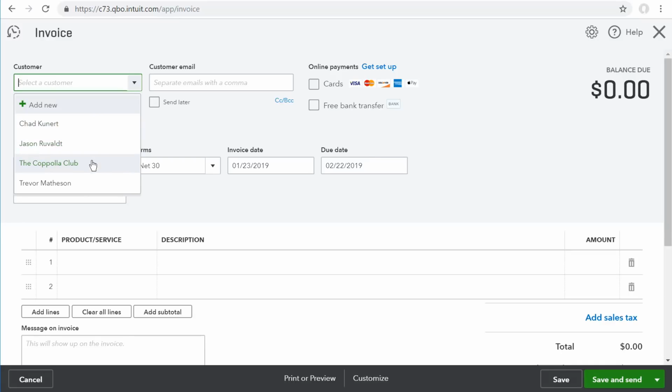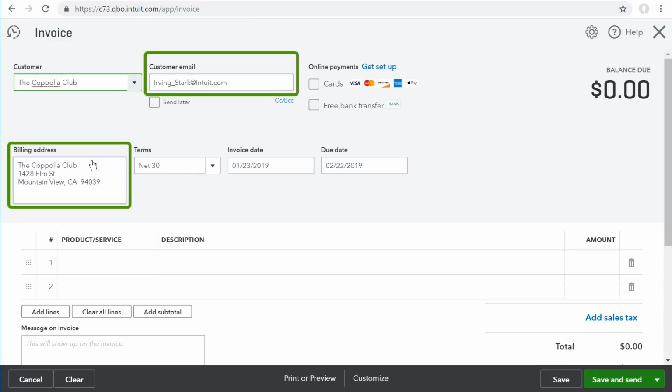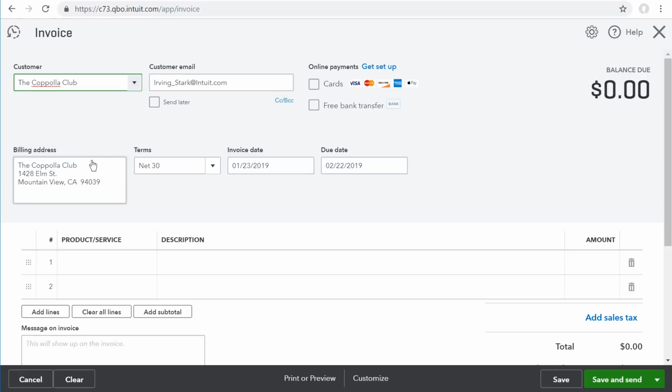Let's invoice this customer. QuickBooks automatically filled in the email, billing address, and terms. That's because we're recording an invoice for a customer that was already set up on the customers list. You can edit any of this information though. If you'd like to email the invoice to multiple addresses, enter additional email addresses separated by commas here. Check these boxes to give your customer a Pay Now button to pay you via bank transfer or credit card